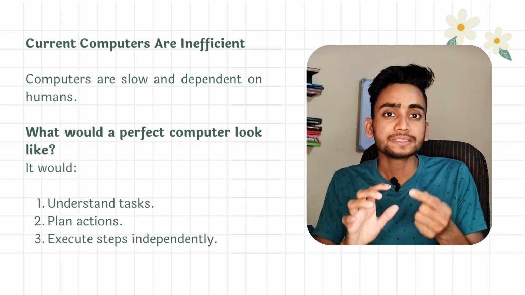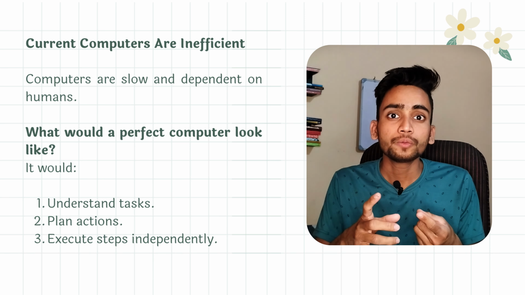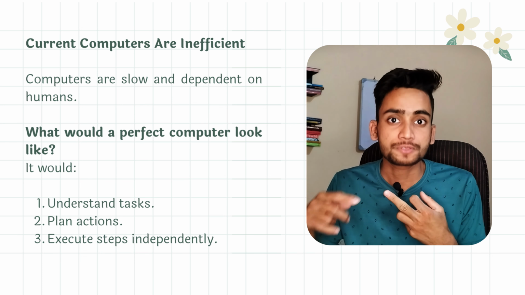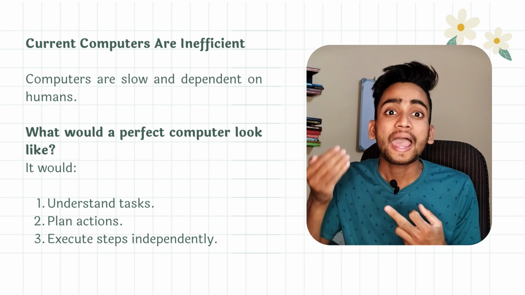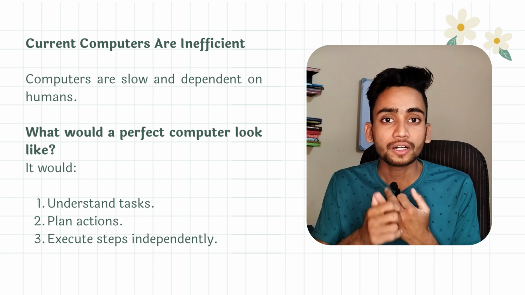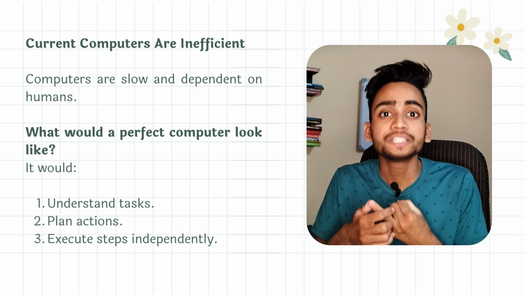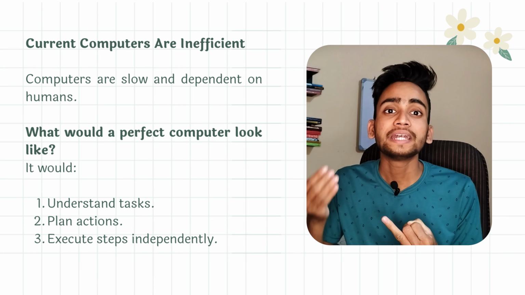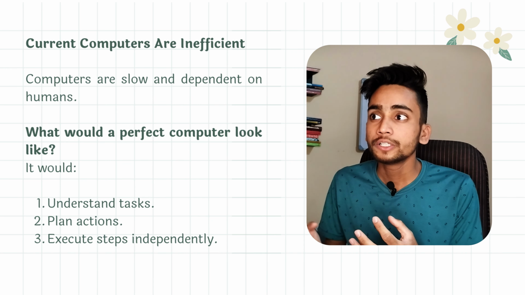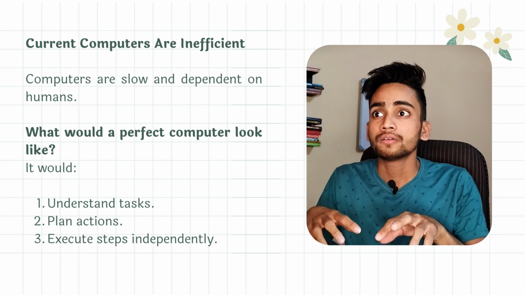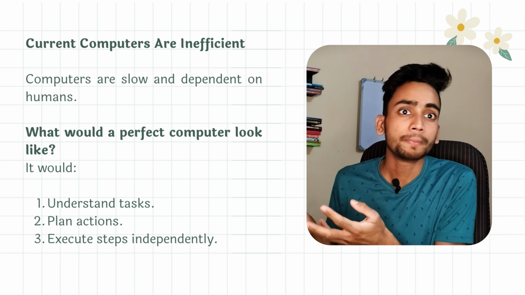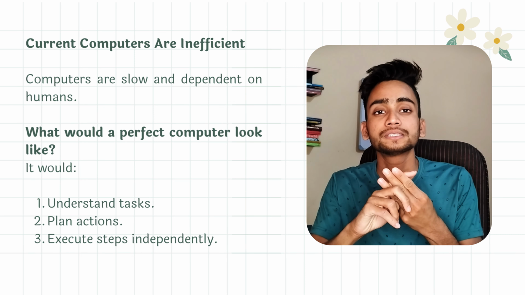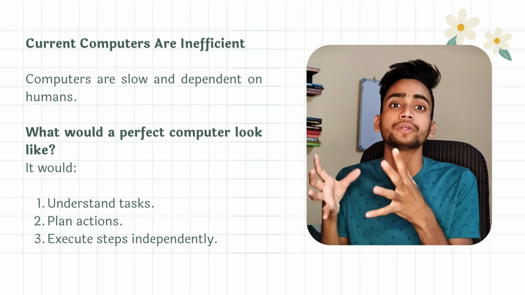First, it needs to understand the task that is given. It needs to understand the situation. Second, the computer needs to figure out the steps to complete that task, a plan of action. Third, the computer should be able to execute that task independently, autonomously, without human intervention, without humans needing to click or type or give input to a computer to complete any task. If a computer ticks all three boxes, then we can say that computer is a perfect